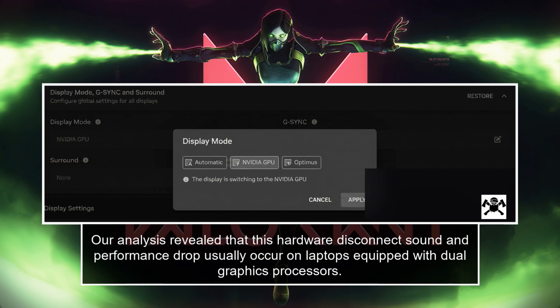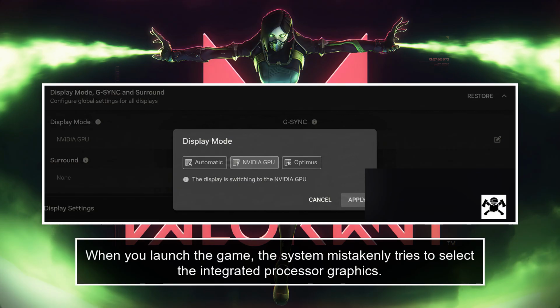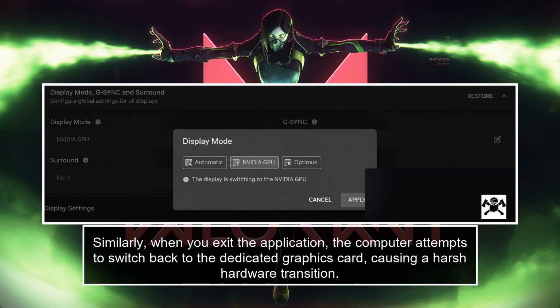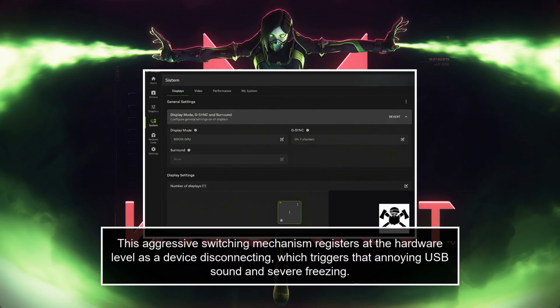Our analysis revealed that this hardware disconnect sound and performance drop usually occur on laptops equipped with dual graphics processors. When you launch the game, the system mistakenly tries to select the integrated processor graphics. Similarly, when you exit the application, the computer attempts to switch back to the dedicated graphics card, causing a harsh hardware transition. This aggressive switching mechanism registers at the hardware level as a device disconnecting, which triggers that annoying USB